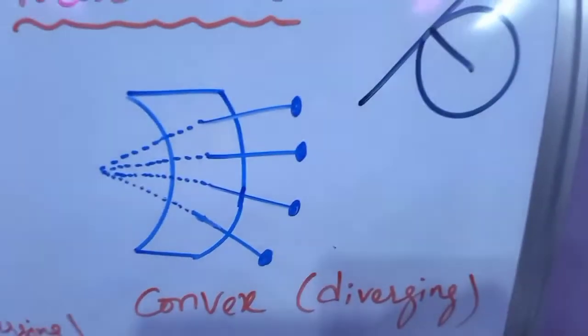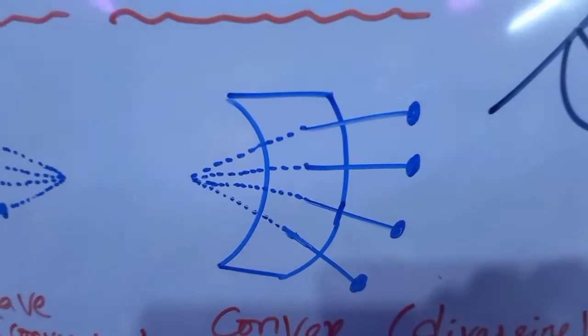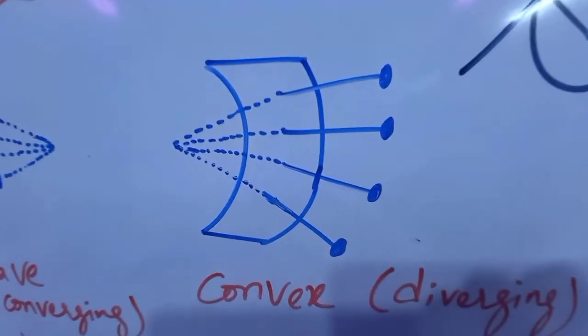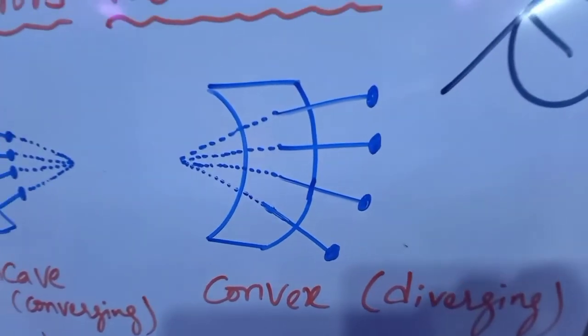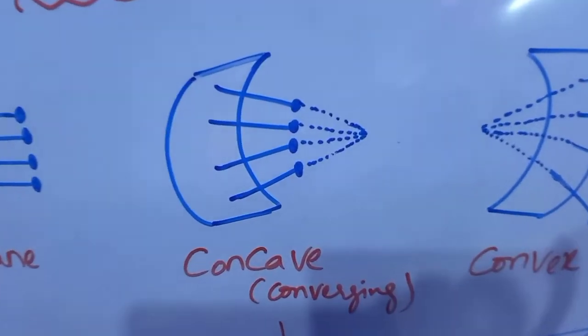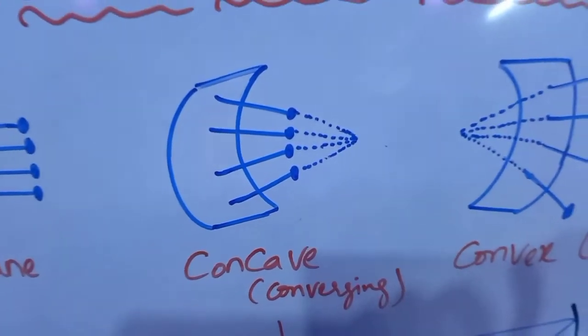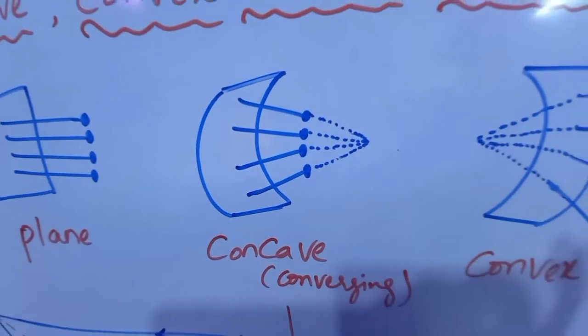And a convex mirror will be like the rubber sole which is bent in the outward direction. So what will happen to the light rays? They diverge, hence the convex mirror is called a diverging mirror. For a concave mirror, like these pins, all normals will converge towards a point. This point is called the center of curvature of the mirror.